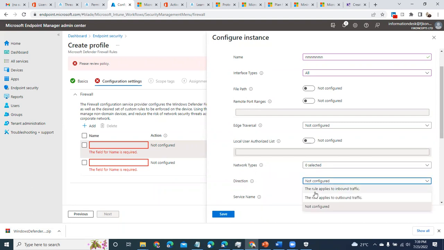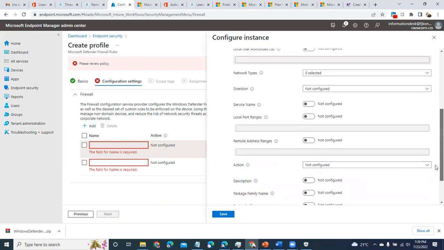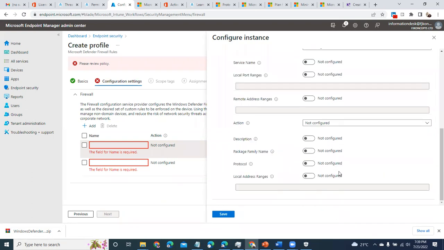And then what direction, is it an inbound or outbound request? And then service name, you want to be very granular and put the service name, you want to specify the port, then the action to take, should we allow or block, depending on what you're doing. You can go very granular with this, what type of protocol. So if it sees traffic coming as UDP instead of TCP for this particular thing, it will block.